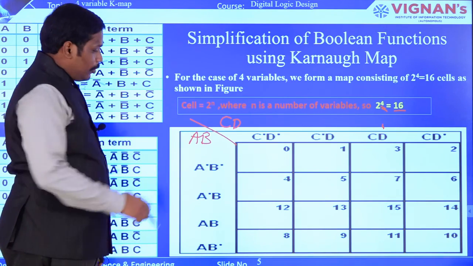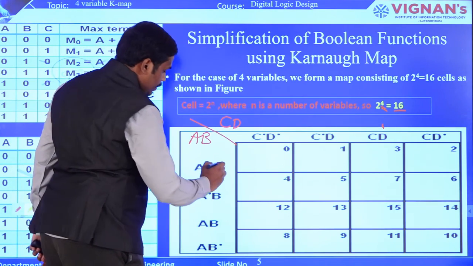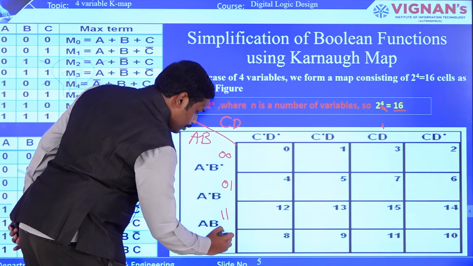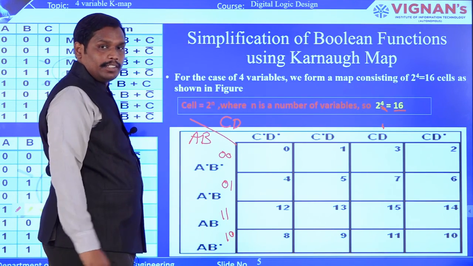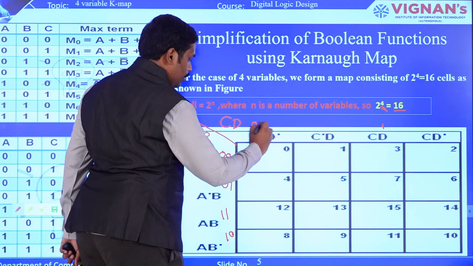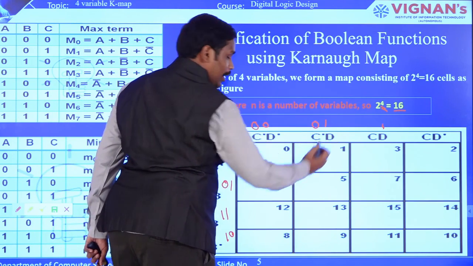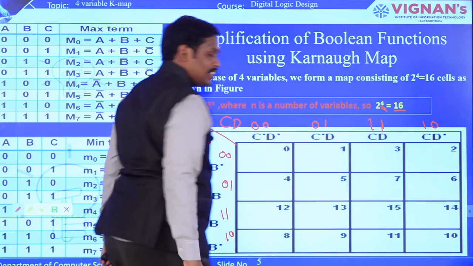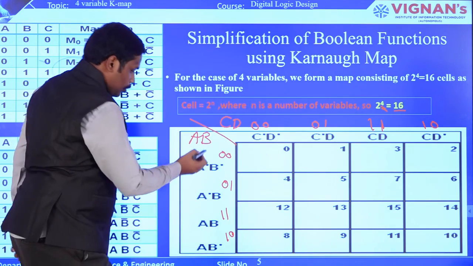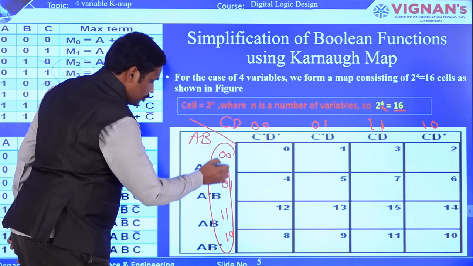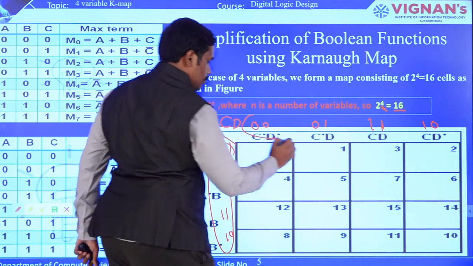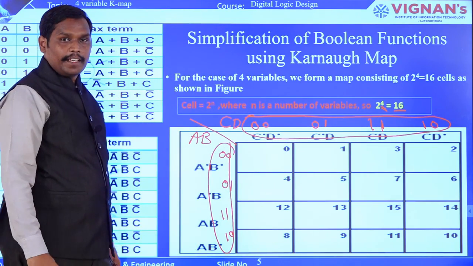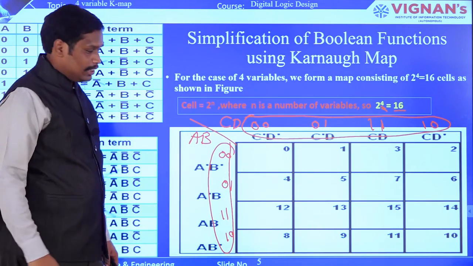And you know that you have to follow the gray code sequence, that is 0 0, 0 1, 1 1, and 1 0. You have to remember this. And the same way here, 0 0, 0 1, 1 1, 1 0. So this is a pattern that you have to follow. This pattern is called the gray code sequence, or single chain positioning system technique.